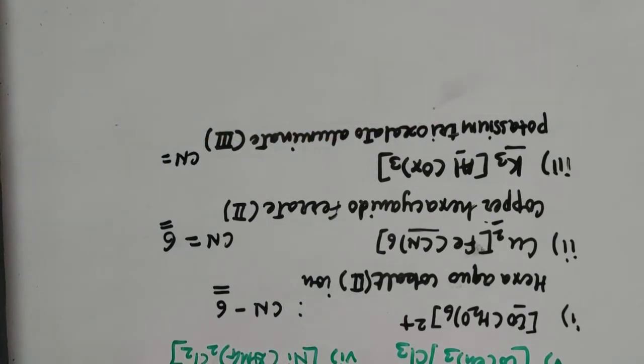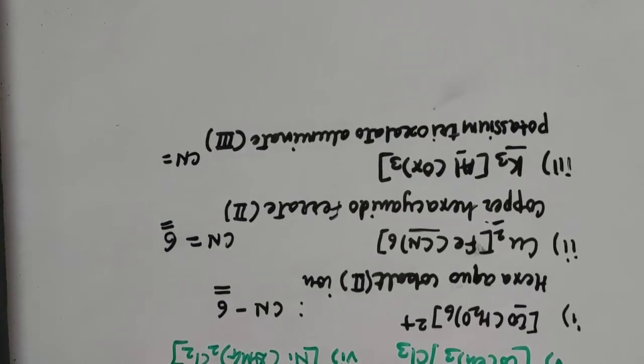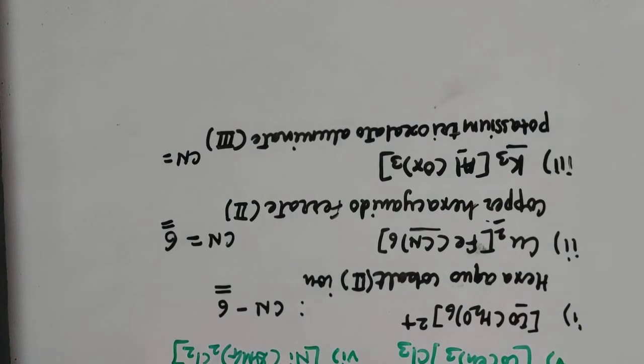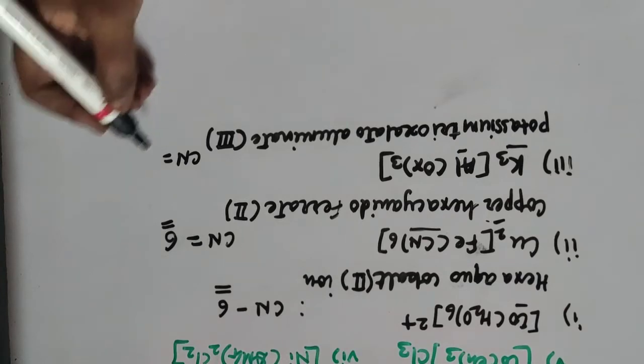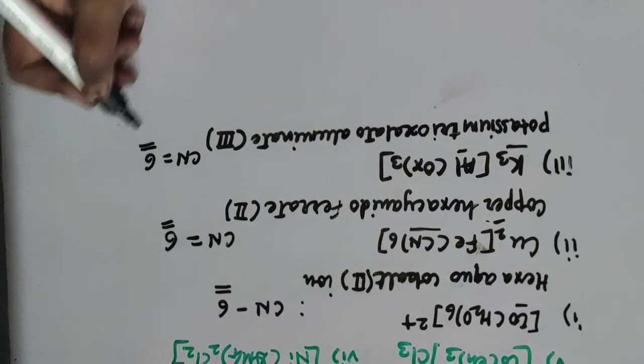What is the coordination number now in this? Three oxalato ions are there, and each ion donates 2 lone pairs of electrons. Wherever the ligands are didentate or polydentate, I told you, you are supposed to count the number of lone pairs of electrons donated. One oxalate donates 2 lone pairs, 3 oxalato ions are there, so 3 2s are 6, and hence the coordination number in this case is 6.